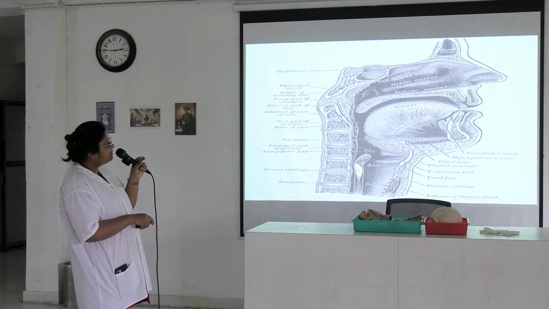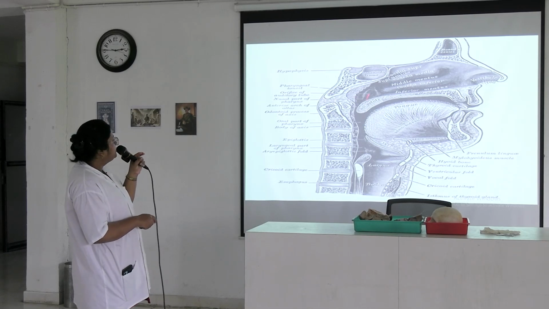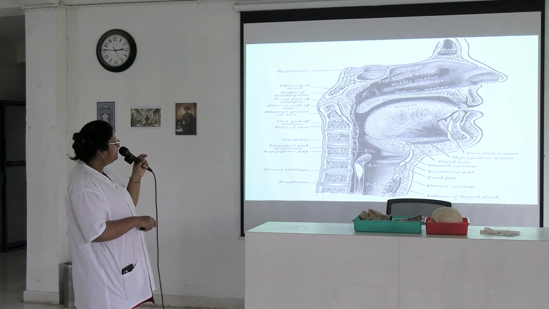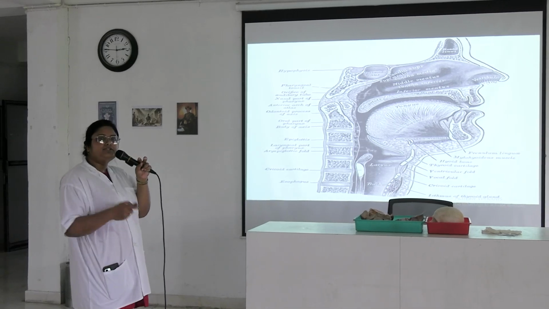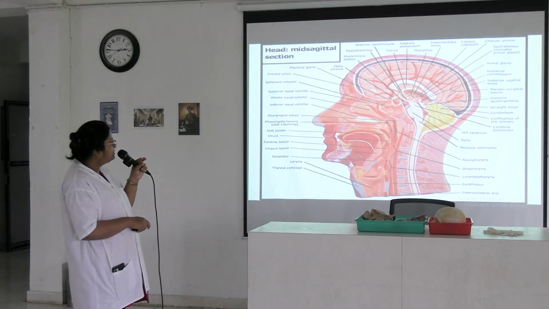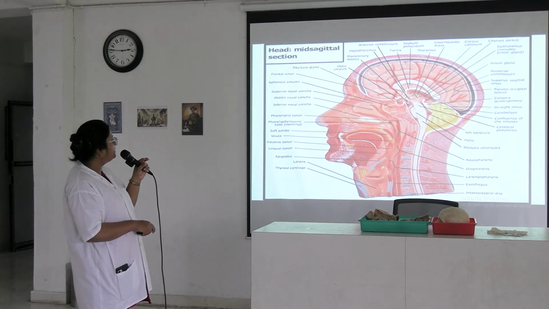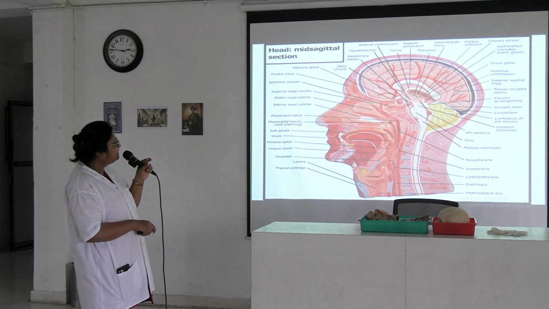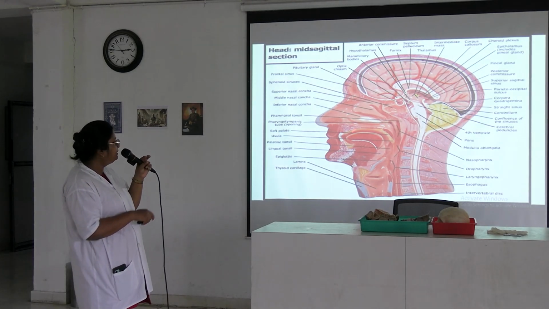Upper fold is vestibular fold, lower fold is the vocal fold. Okay. So, and this part is nasopharynx, this part is oropharynx, and this part is laryngopharynx. And below it, esophagus starts at the level of C6 vertebra. Esophagus will start. Here also you can see epiglottis, vestibule, vocal fold, vestibular fold, infraglottic part. Okay, here is the thyroid cartilage, cricoid posterior lamina, anterior lamina will be below it.